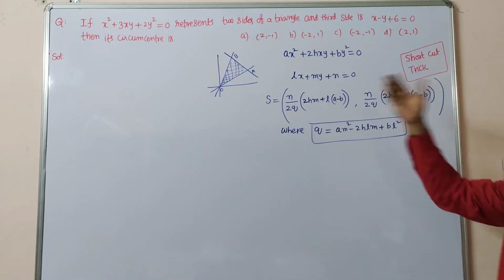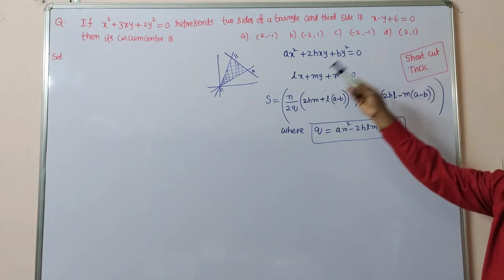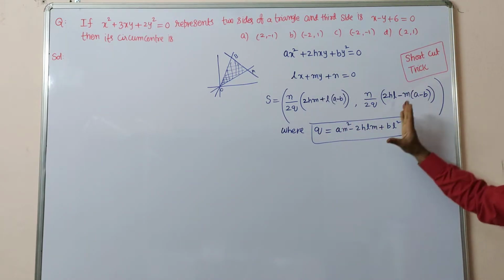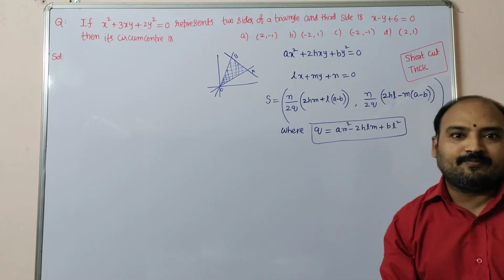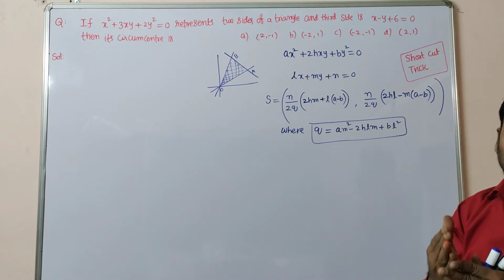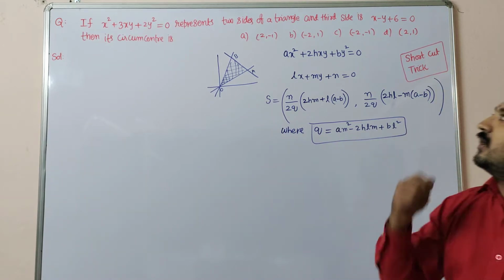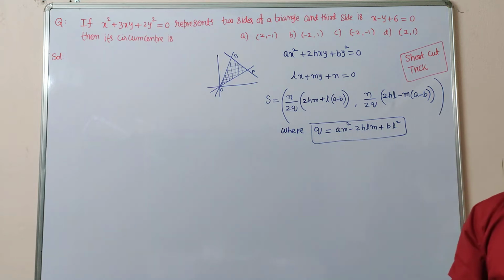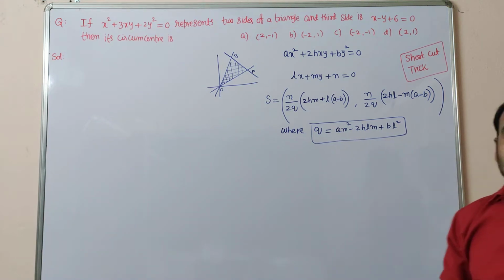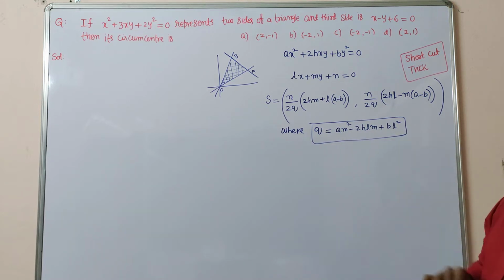Now, compare the given pair of lines and the given line with these equations, calculate these values and substitute. Generally, for the given pair of lines, we find the factors, calculate the lines, solve those equations, get the points and find the circumcenter, applying the concept SA equal to SB equal to SC. Instead of that, we are applying this formula.